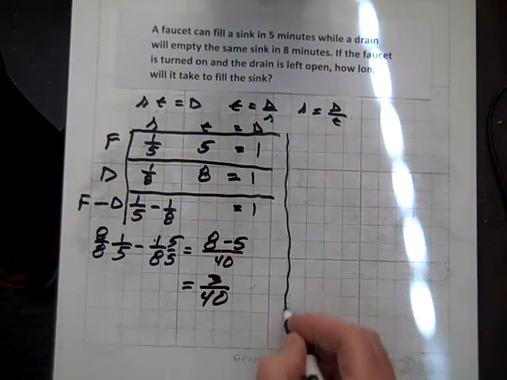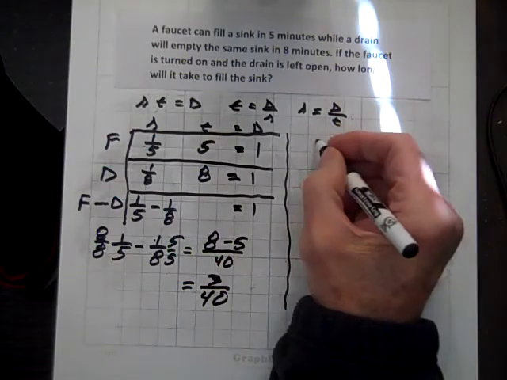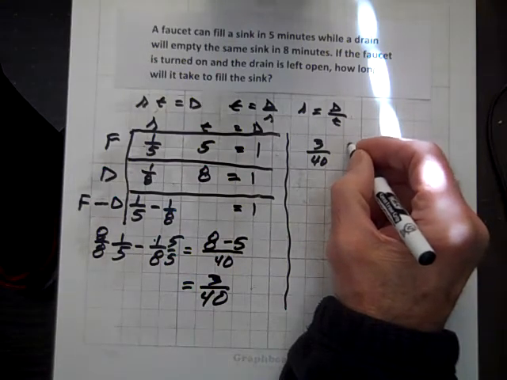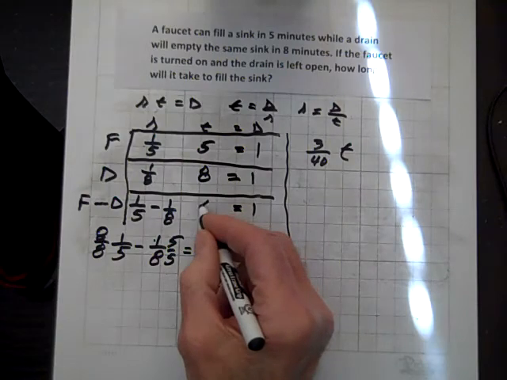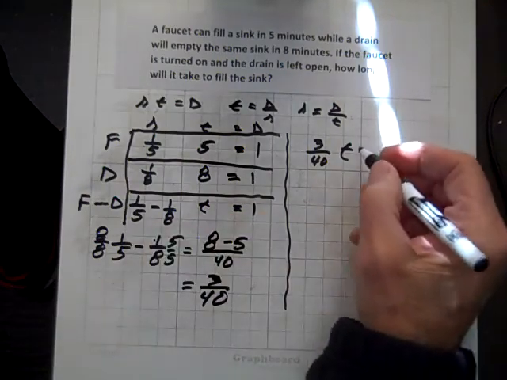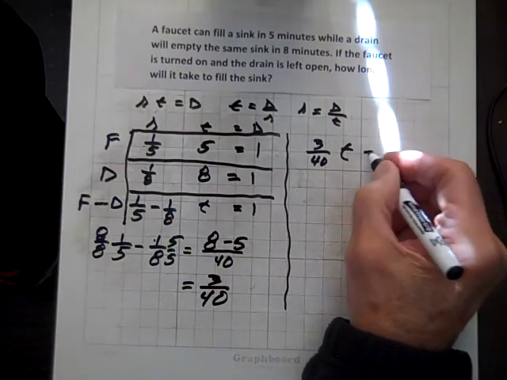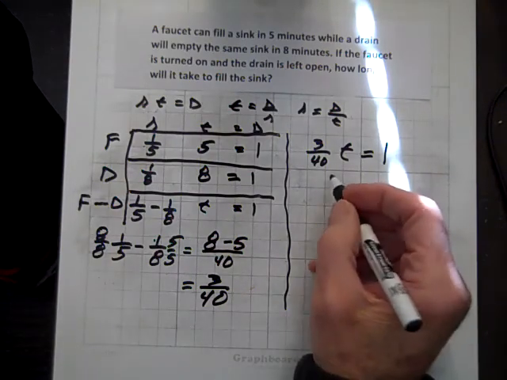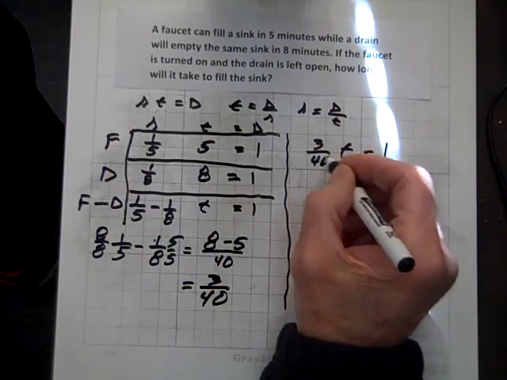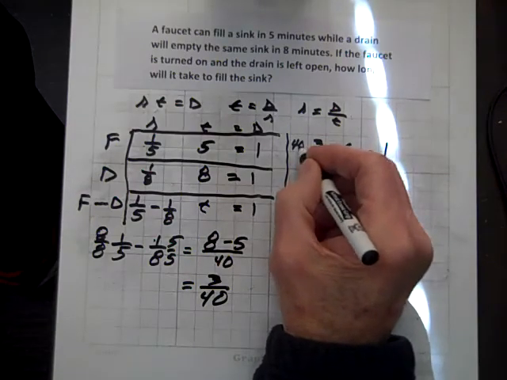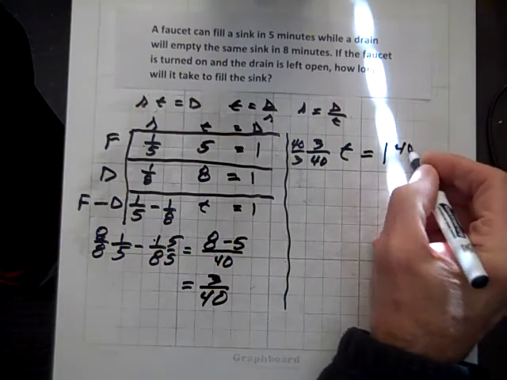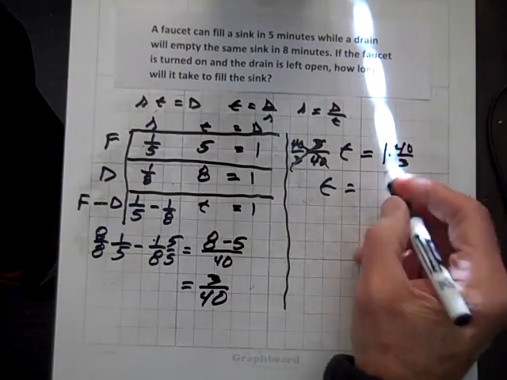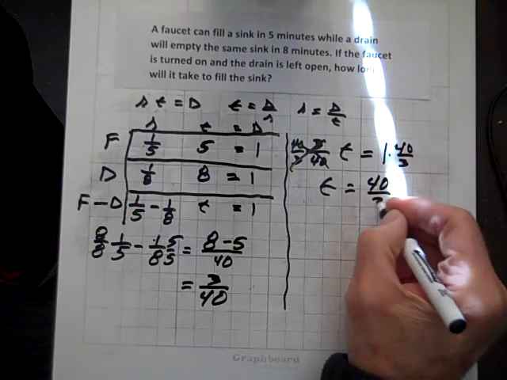So now, let's build our equation. So rate is 3 over 40 times the time, which, by the way, we're talking about this time right here, the time it takes to fill the sink when those conditions are going, and that equals 1 sink full of water. And now we have to isolate t, so we'll multiply both sides by the reciprocal, which is 40 over 3. And so these divide out, and we get t equals 1 times 40 over 3 is 40 over 3,